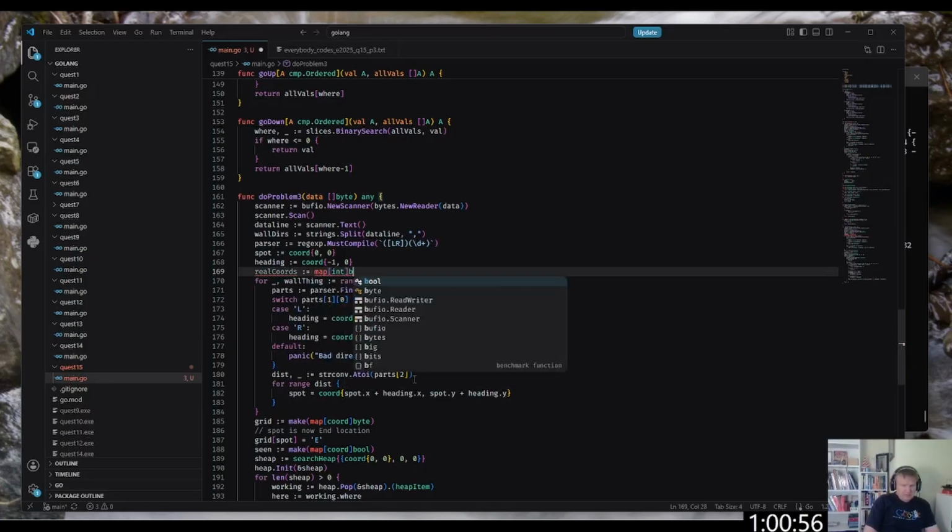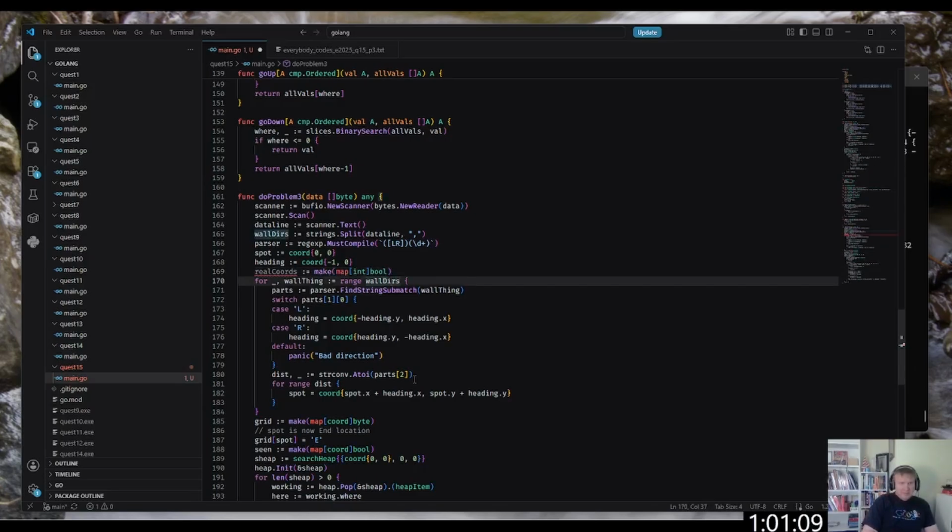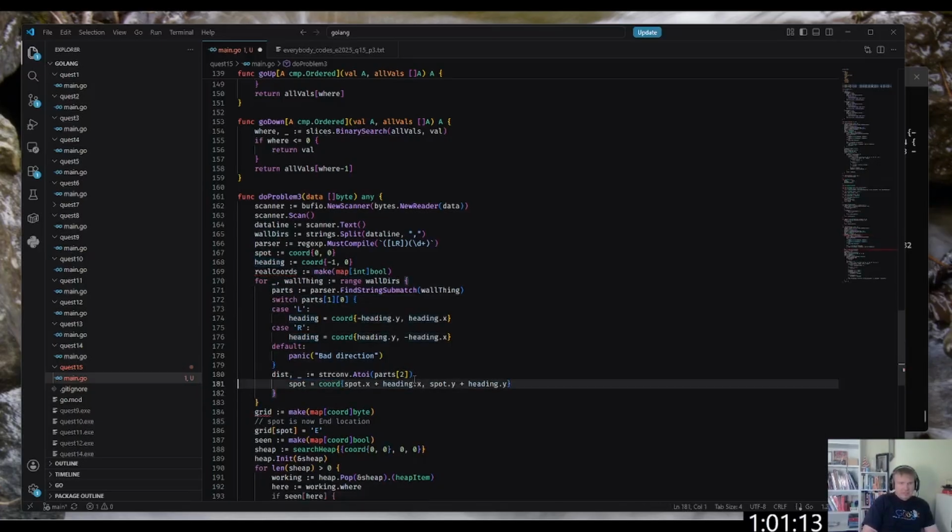Now I'm going to do kind of silly compression in that I'm going to compress x and y the same. And here what I'm going to do is I'm going to do